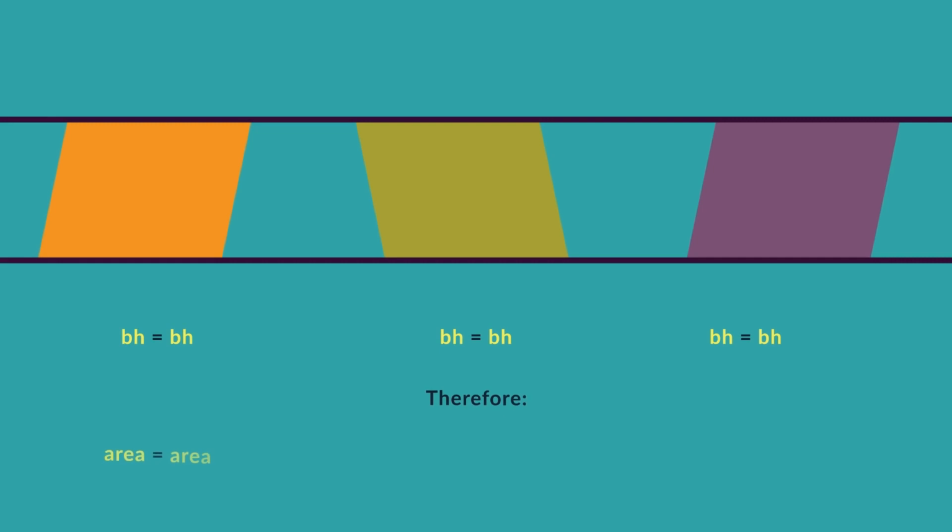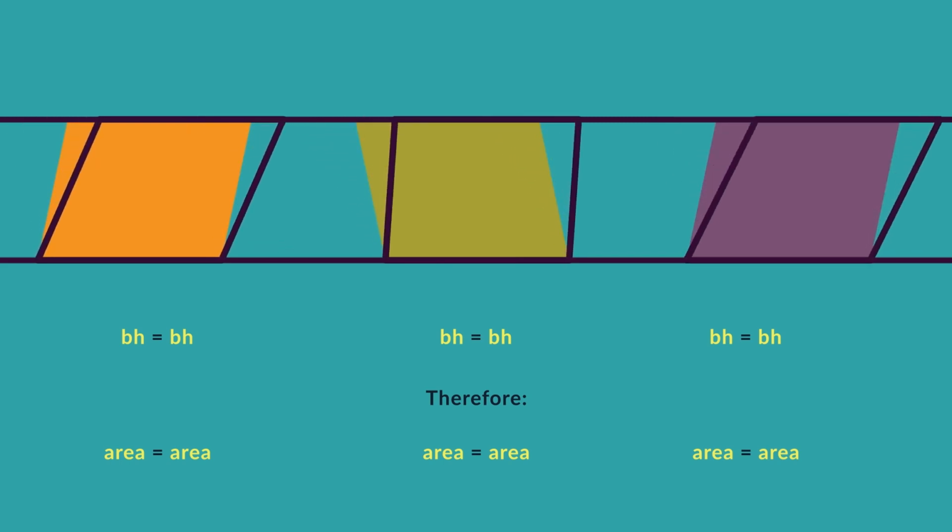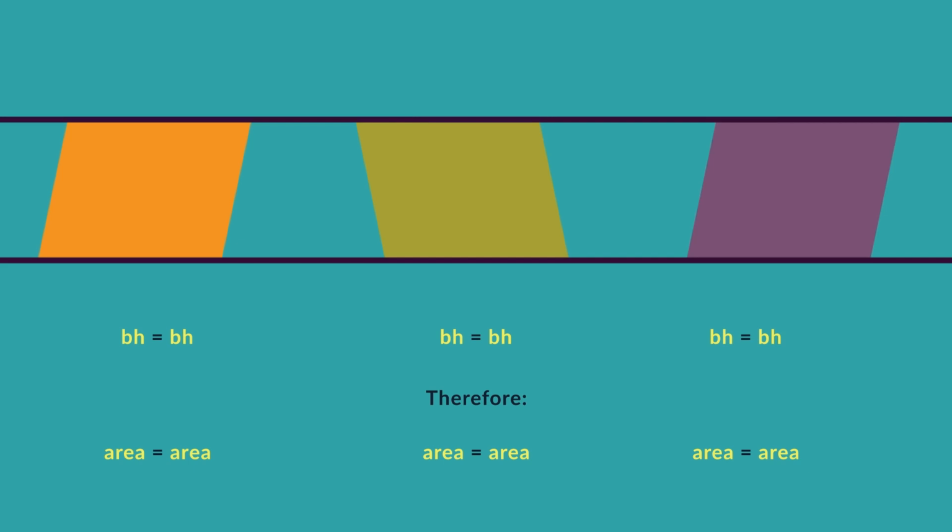Just as we did earlier with triangles, we can put a row of parallelograms with the same bases together between the same set of parallel lines, and we will know that they all have the same height. We know that the areas of the parallelograms are all the same, because we are using the same variables in the same area formula. The heights are the same, and the bases are the same, so all of these parallelograms